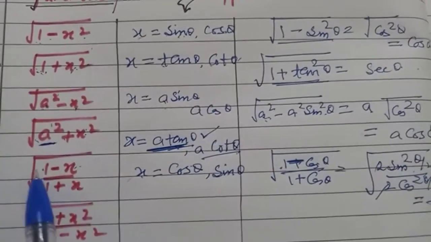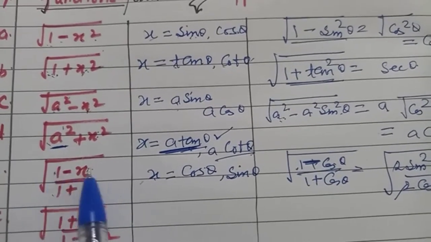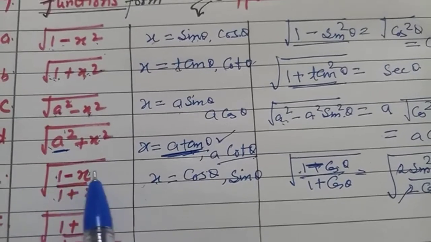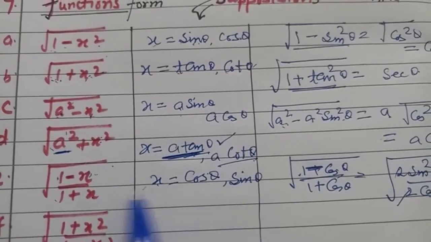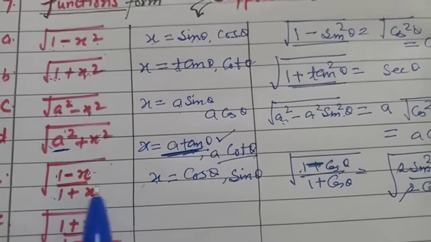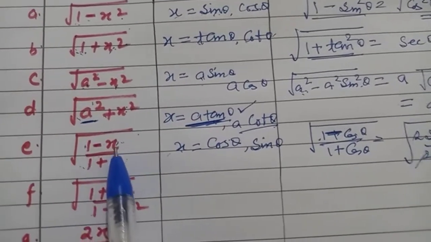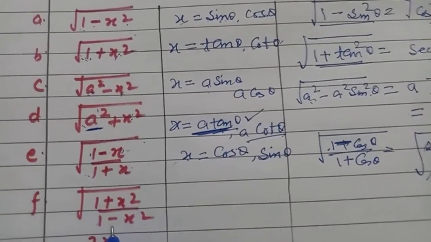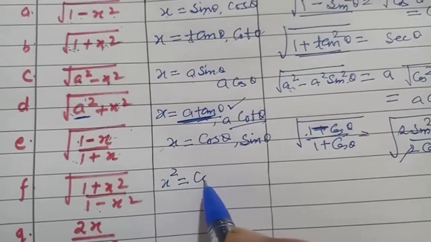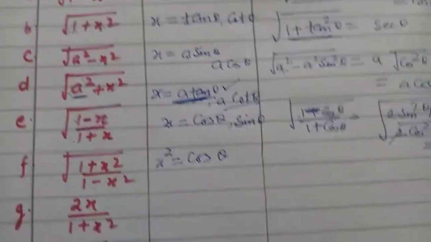If you put sine theta, there may be a question in your mind. We have a formula of 1 minus sine theta also. What is 1 minus sine theta? It is (cos theta by 2 minus sine theta by 2) whole square. And then the formula of 1 plus sine theta is (cos theta by 2 plus sine theta by 2) whole square. Accordingly, we can do it. These two are identical except for the difference of x square, but they have plus and minus. So here the only change would be x square would be taken as cos theta. That's it. And then your calculation would be the same.